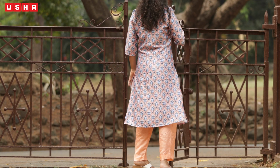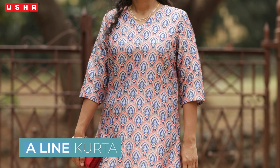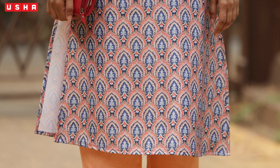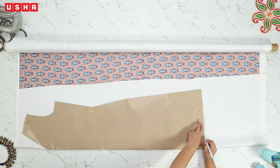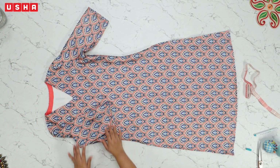Needless to say, you can find an A-line kurta in every woman's wardrobe. They complement every body type and look great for every occasion. Brunching with friends, just throw them on with palazzos; formal wear for office, they've got you covered. So if you are looking to create a stylish A-line kurta for yourself, this video is